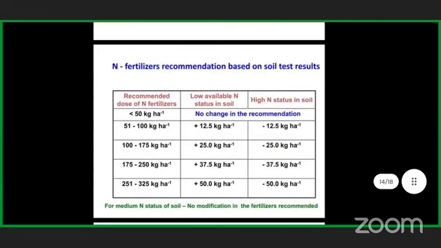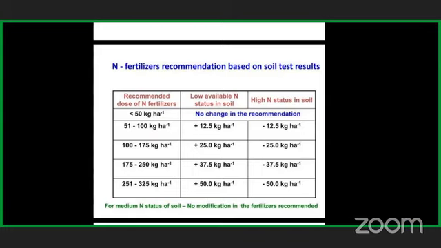Now, how should we recommend the fertilizer to our farmers? It is very important that we know the interpretation of our chart. Once we know the interpretation, we will know the nutrient status for a particular part of our soil. For example, let the recommended dose of nitrogen be 51 to 100 kg per hectare. It can be calculated only after knowing the current status of our soil, which is only possible after soil testing.